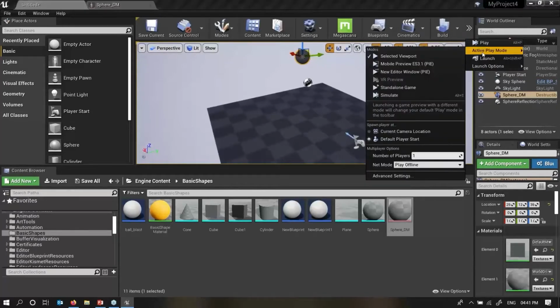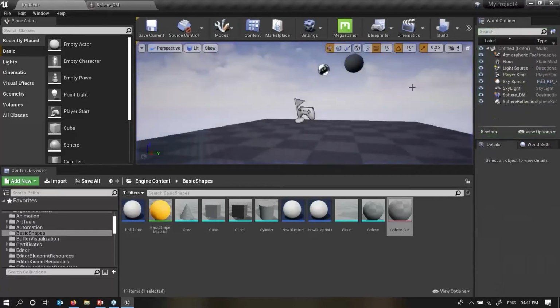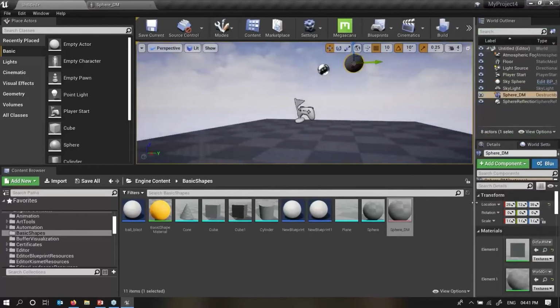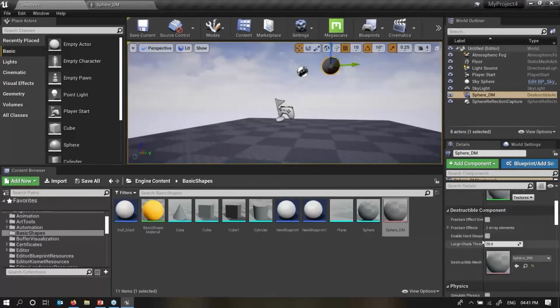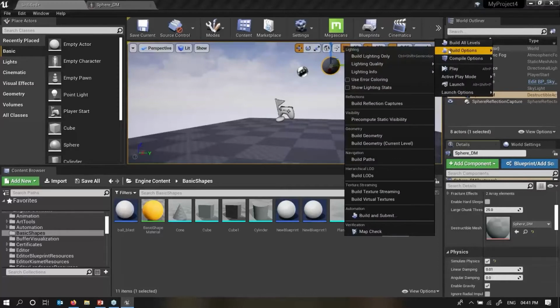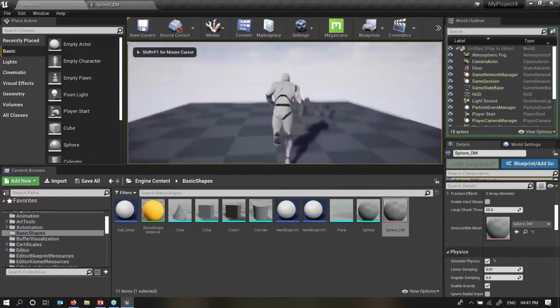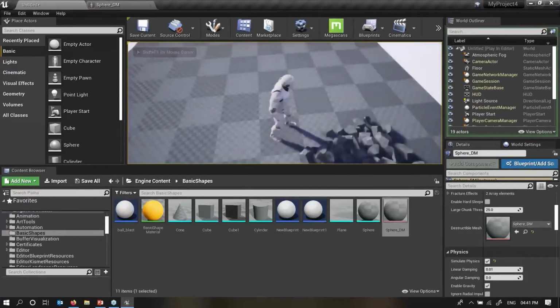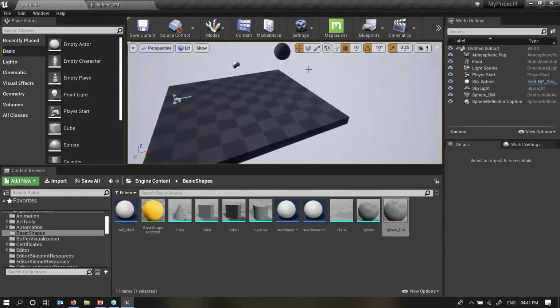So if I start and play, see, it's there, but it is not falling. Why is that? Because no event or collision is applied to that. Now select that sphere and we can see in the outliner or the details panel over here, physics, simulate physics, yes. Now if I start and play, see this, right? A very easy and achievable movement we can do.